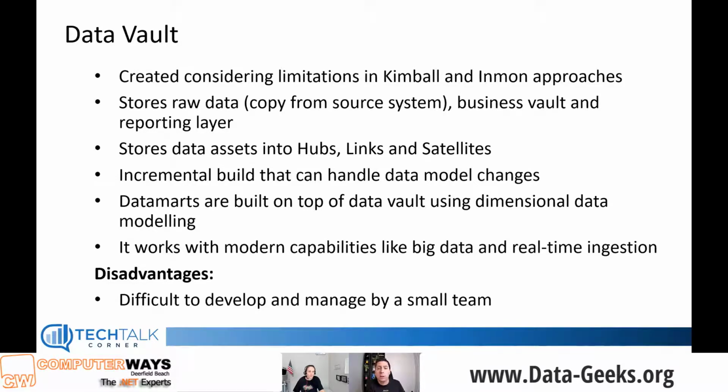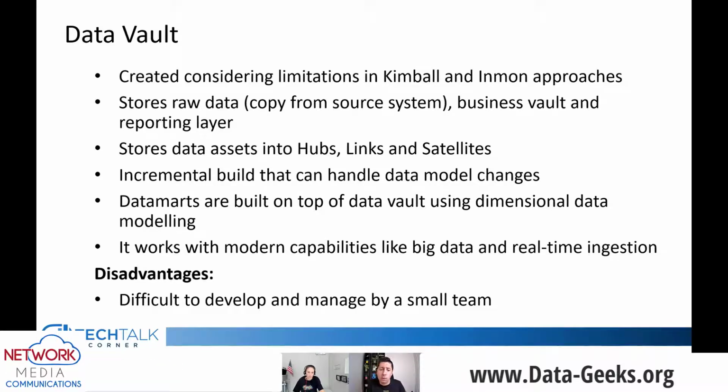So many of the organizations here are pretty small, and they might have a team within the data analytics space of 1, 2, 3, or 4 people. So it'll be really challenging for them to manage a data vault ecosystem with only 1 or 2 people. Can it be done? Yes, it can be done. I'm not saying that it can't be done, okay? But this is something that we need to consider.